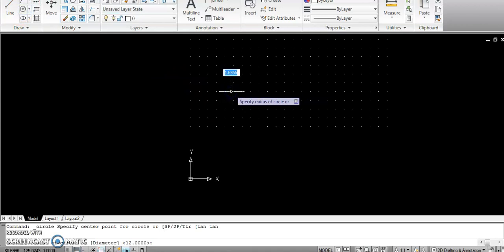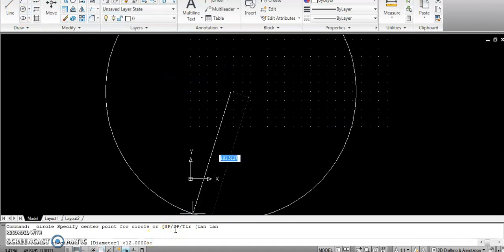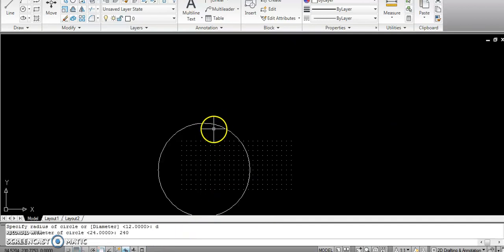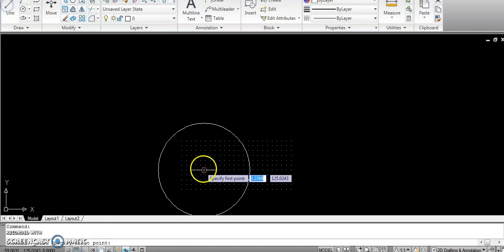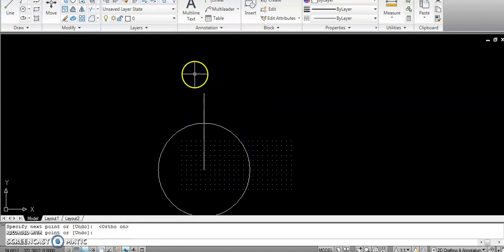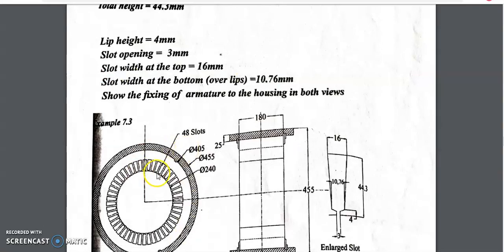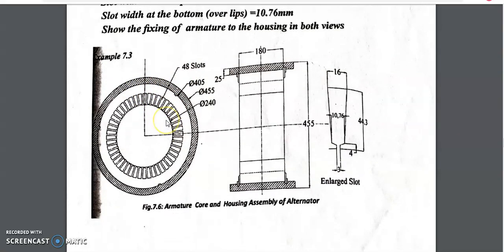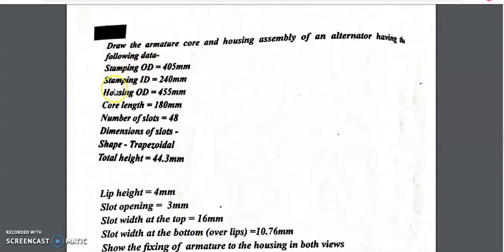Circle I will select here. This is the diameter. Then as I told, first draw this axis line and keep. Then outer diameter, because to draw one slot that is required. Instead of that, the easiest way is this inner diameter. I know how much that is, I drew it now. 240. If you add 240 here, then you will get this top one, right? How much is that? Slot height.